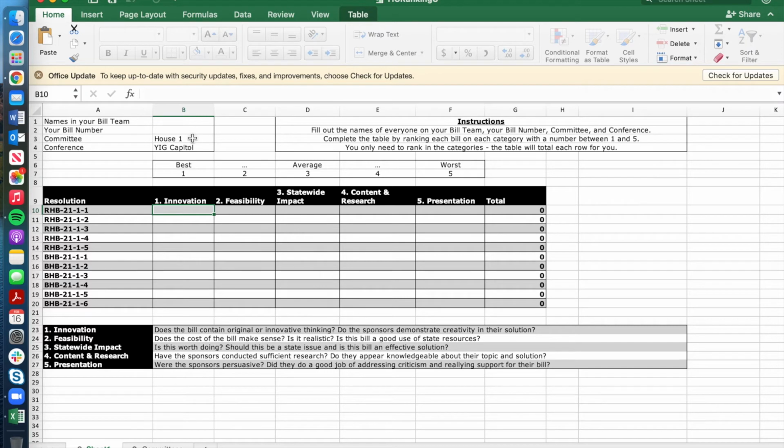method. Now, only one person from your bill team needs to stay on top of this, although you should all collaborate together on your rankings. Up top here, you can fill in the names of everybody in your bill team. You can put your bill number. And then down here you can choose your committee, House 1 through 4 or Senate 1 through 3. Clicking that is going to bring up all the bills that are in that committee over here on the side for you. And then you can click anywhere within this table right here to fill out your ranking for each